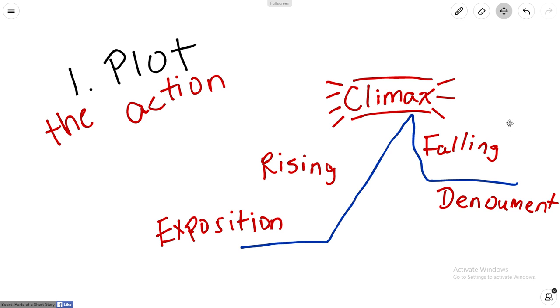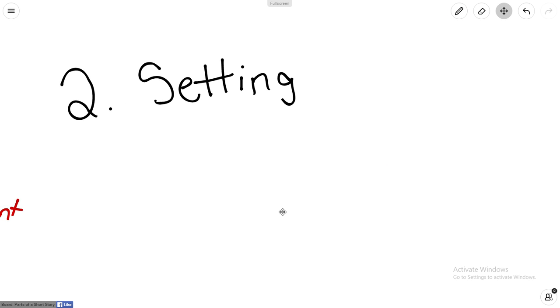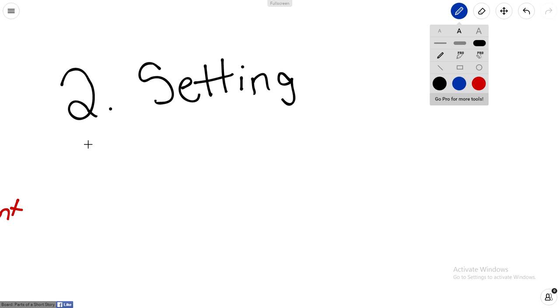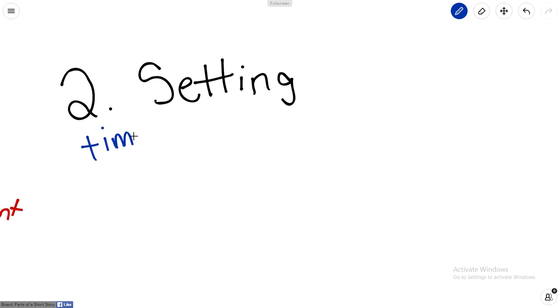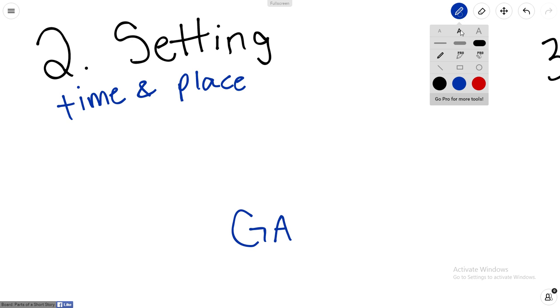Now, the second part of the story is our setting. The setting, my dear friends, is as simple as this. It is time and place. Now, a lot of times people will teach you that setting is just place, but time is also important, and I'll tell you guys why. Say, for instance, you want to have a story that is set in my hometown of Georgia. Georgia all the way down south. Okay? Now,